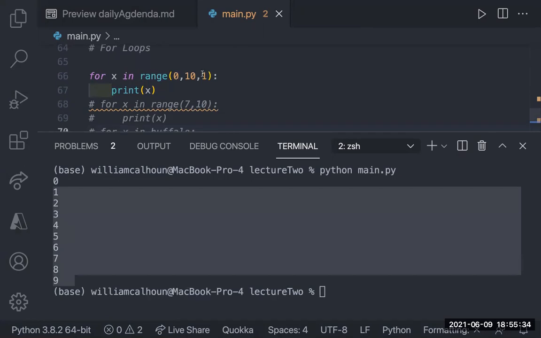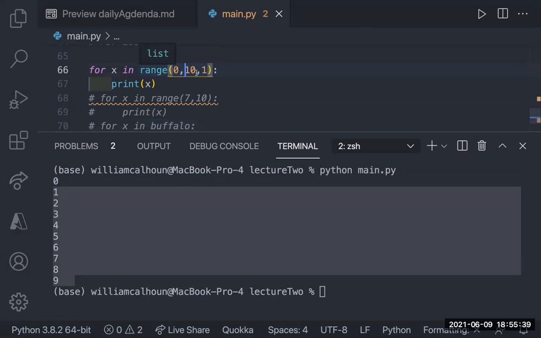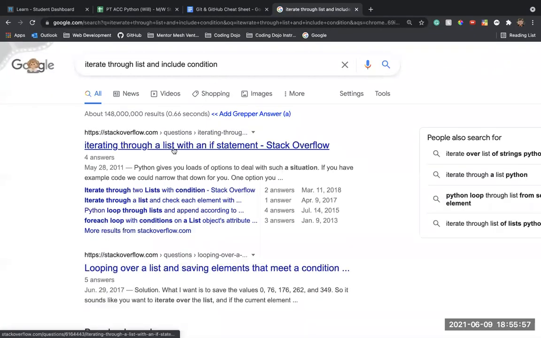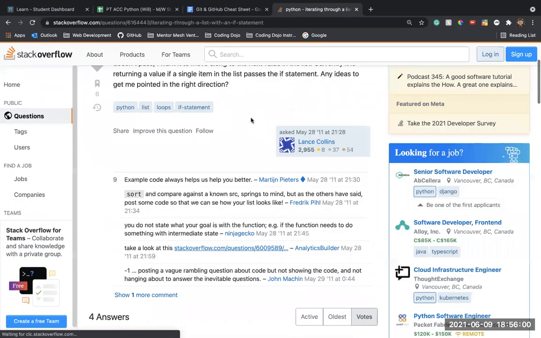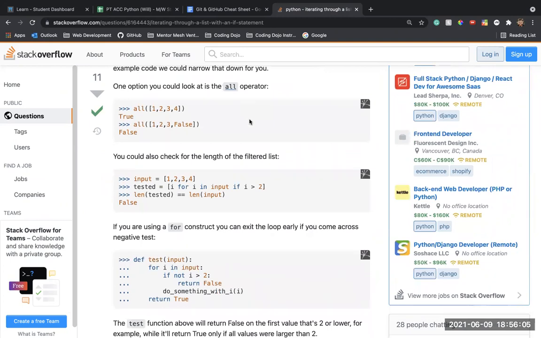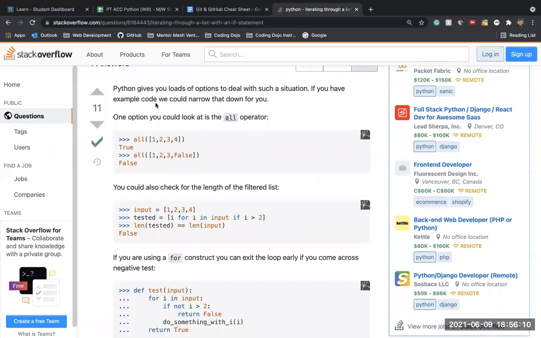Let's try something like this, here's our little inquisitive group. I noticed that even in some of the solution examples for the assignments, if it said go to 10, the code had 11. I just didn't know if there was a better way to do that. So it looks like there are loads of options for such a situation.